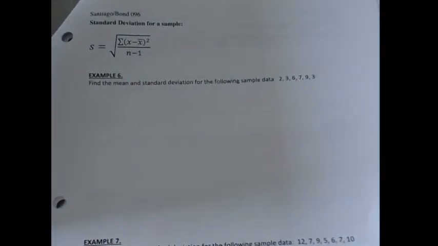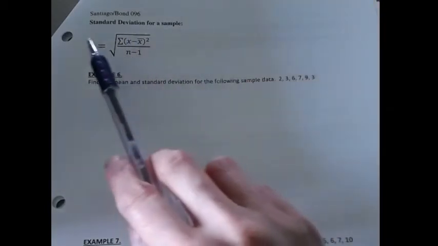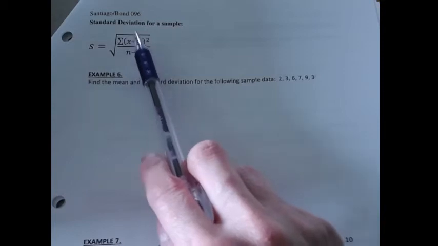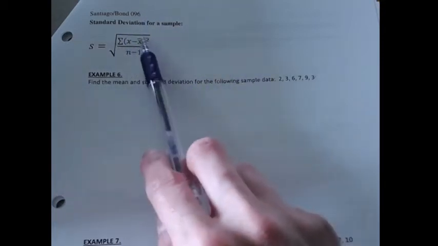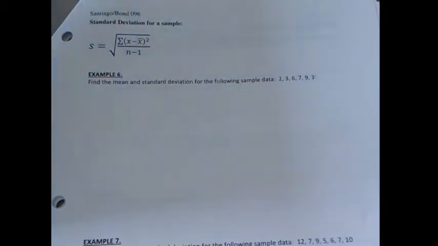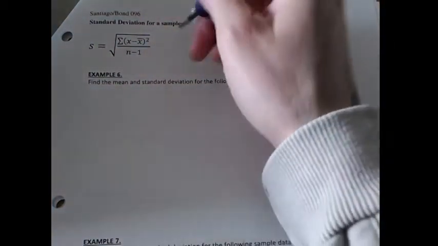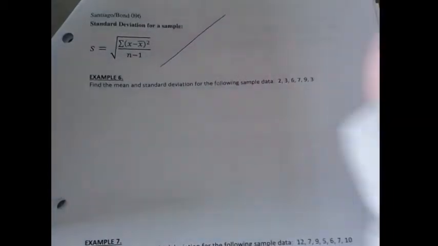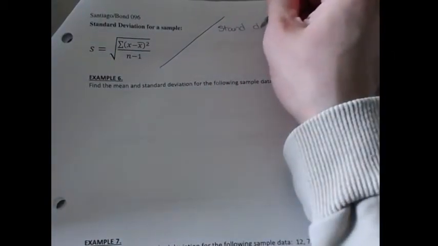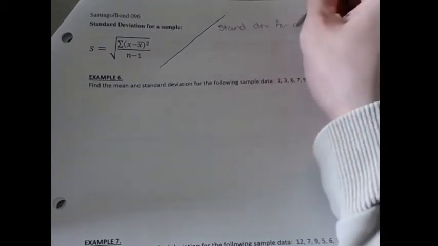First, we have the formula for the standard deviation of a sample. s is equal to the square root of the sum of the differences between the raw data value and the mean, squared, divided by the number of values we have minus 1. I'm just going to write this here for your reference, the formula for the standard deviation for a population,